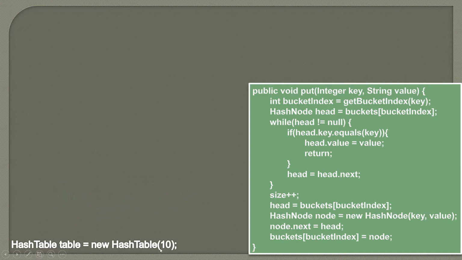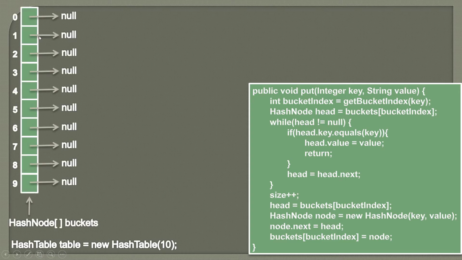So when we create the instance of the hash table, this is what we discussed, that at the start all the hash nodes on each index point to null. Which means that on each index we have a list of nodes and the starting node is basically our head, which is pointing to null. And here you can see when we start, as we are providing the capacity of 10, it means we are creating the array of hash nodes with a length of 10, which is nothing but our number of buckets, and size as 0.